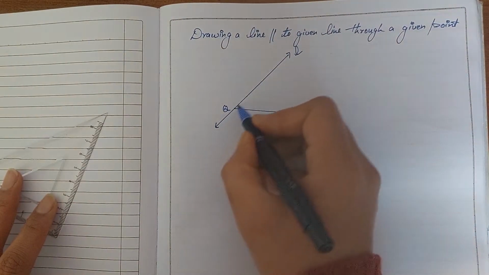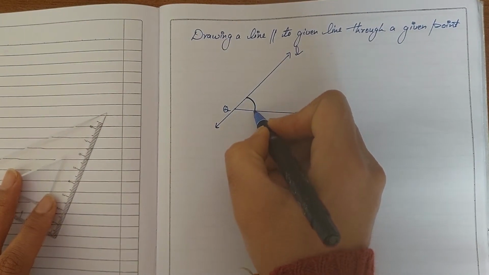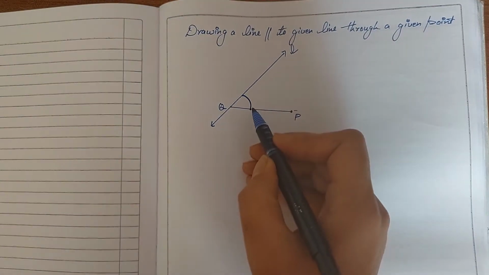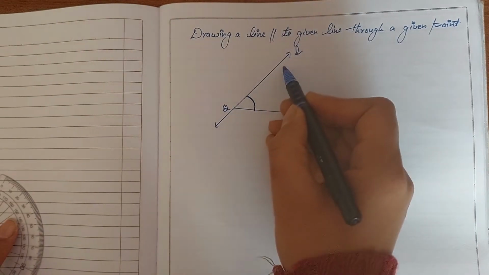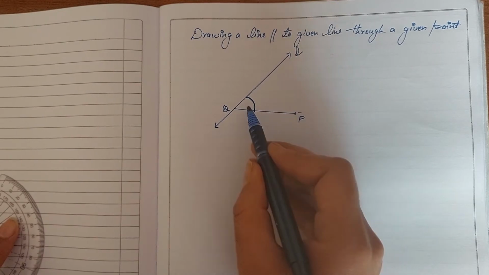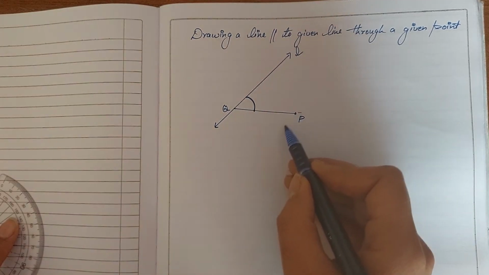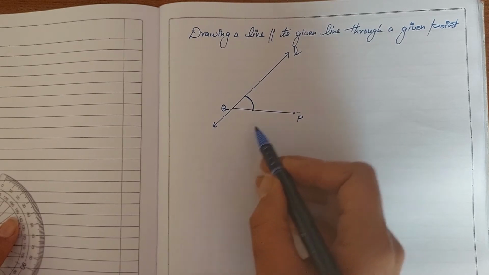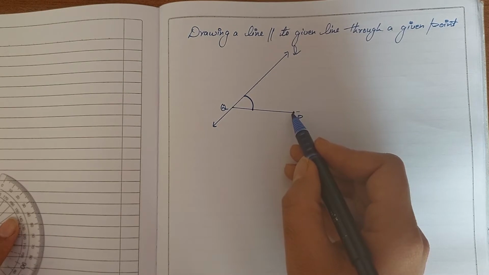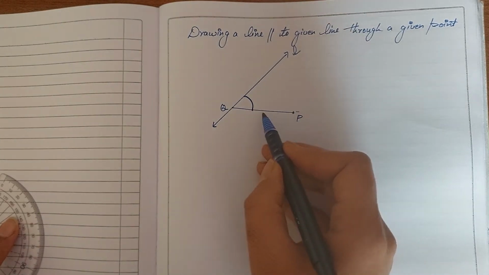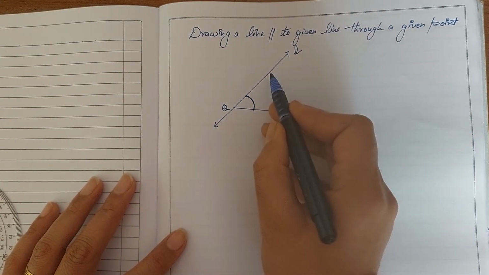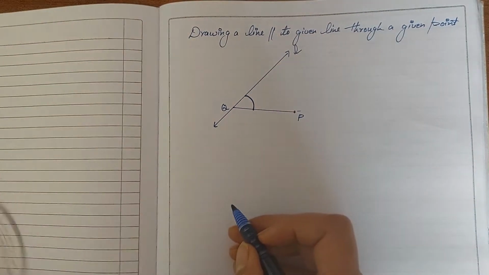Now this angle here is one of the angles which has one arm as L and the other arm as the transversal. I'm going to make the same angle here in this direction, and that's going to be interior alternate. If I am able to make such an angle in this direction, the other arm of the angle which I'll make here will be parallel to L. Now let's see.